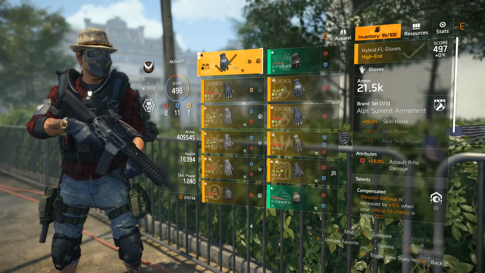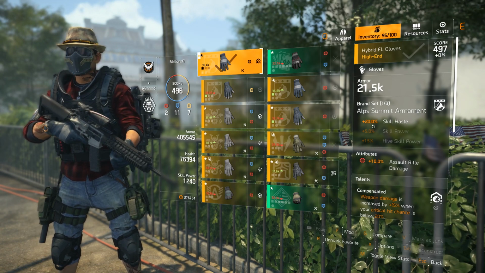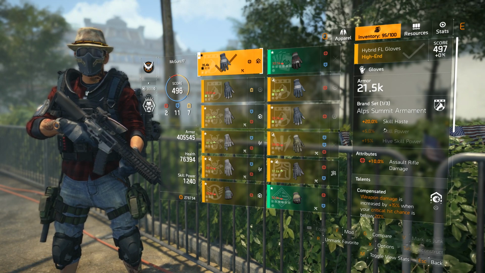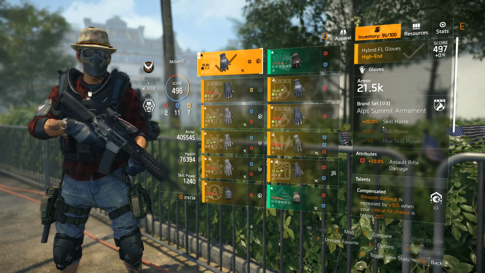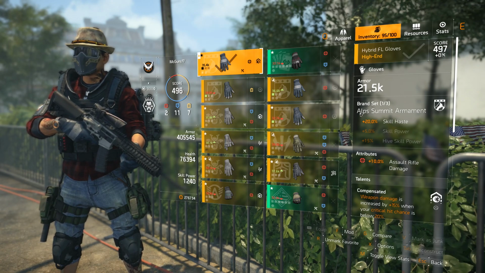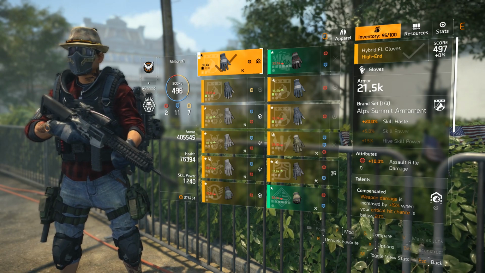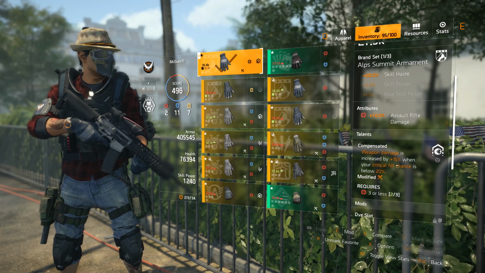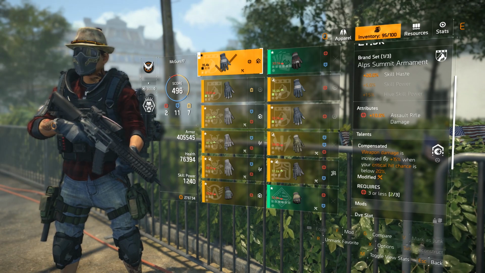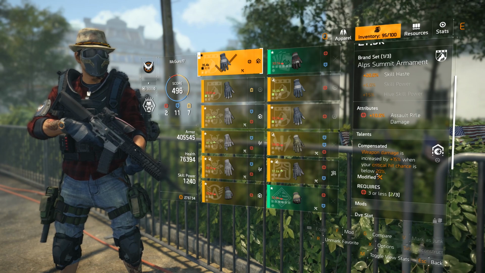For the gloves, one of my favorite gloves right now, because it gives you 20% skill haste. 20% skill haste is a huge amount of skill haste, helps you a lot, makes your skills come back a lot faster, and this is coming from the Alps Summit armament. The attribute is going to be a red attribute that gives us 10% assault rifle damage, and then for the talents, it's going to be Compensated, because weapon damage is increased by 15% when your critical hit chance is below